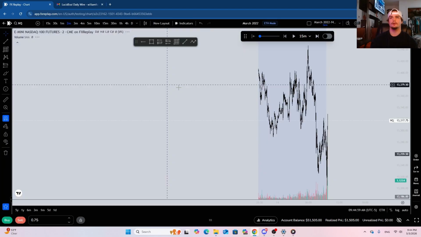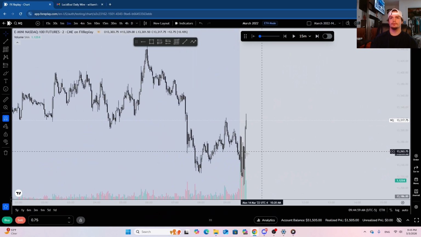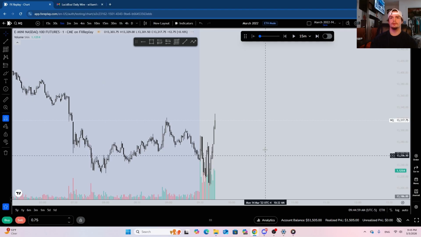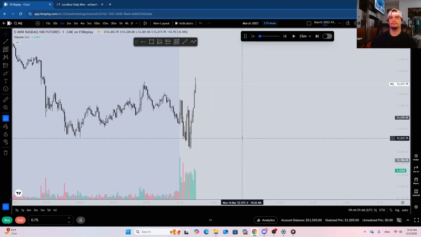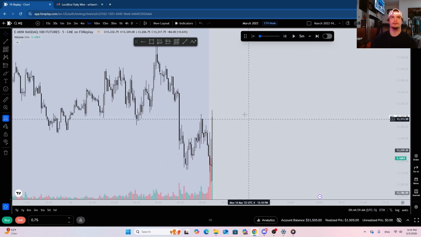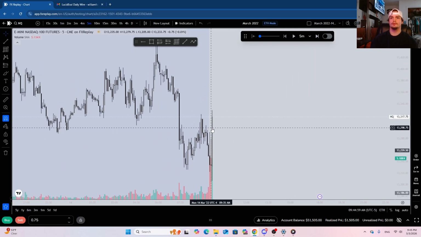Oh, we're on ES, I'm tripping. Okay, so we get a nice displacement up. This 5-minute is going pretty heavy. Did we get a nice 1-minute inverse? We did right here. So we'll probably just have to wait for some sort of retracement. Hopefully we do not displace immediately up into these highs. At this point, what time is it? It is 9:40.